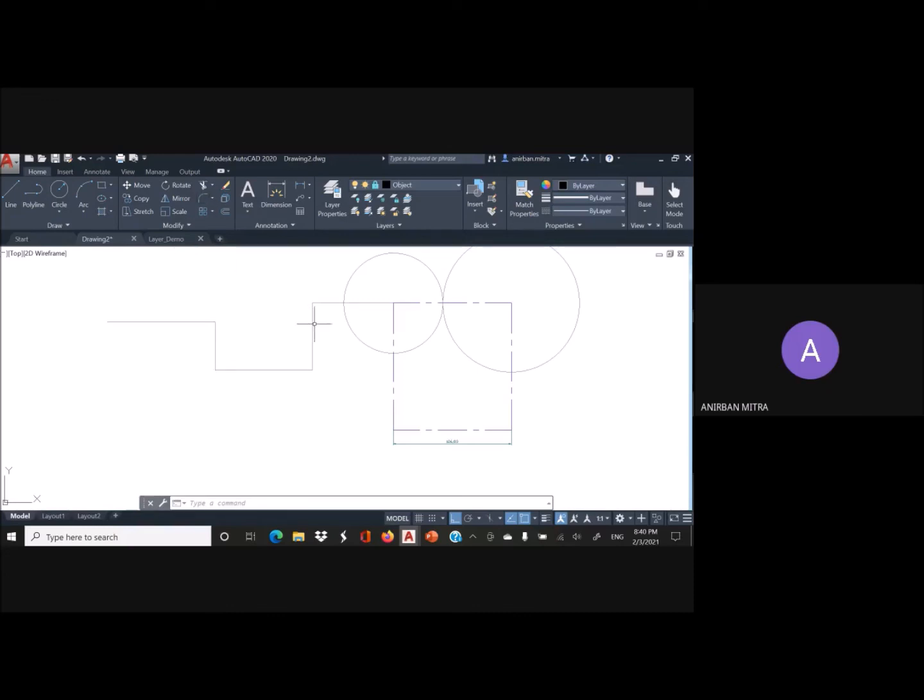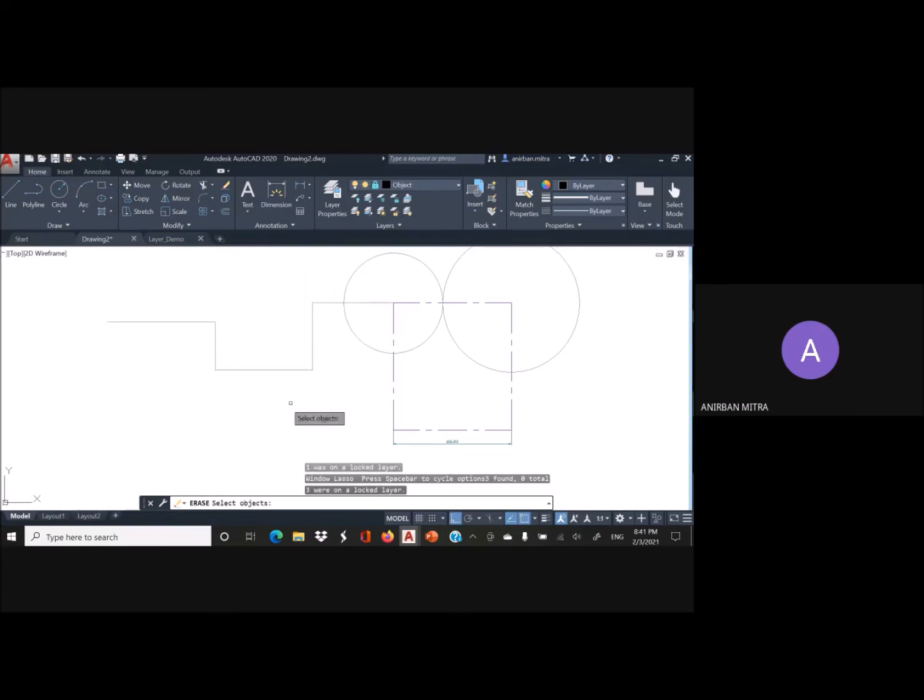So if some important objects are there in a particular layer that you do not want modified, then you can lock that layer. For example, if I now select the erase option and try to delete this object, it will not happen. As you can see here, selected object 1 found, but that was on a locked layer and hence it is not deleted.